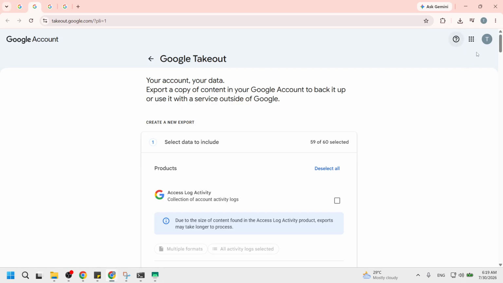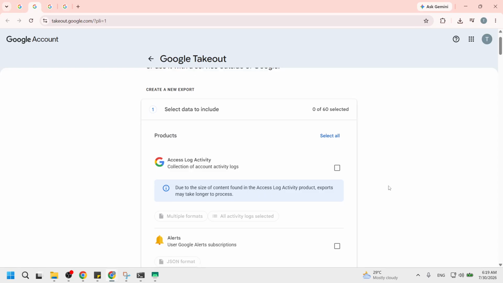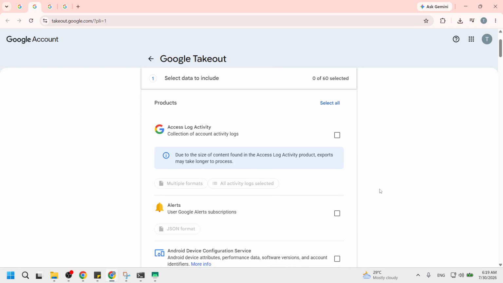Now click the correct link, and once the Takeout page loads, look for the button at the top that says Deselect All. Go ahead and click Deselect All so every service on the list is unchecked. The page will show a long list of Google products with empty checkboxes next to each one. Starting from a clean slate like this keeps you from downloading extra data you do not need and keeps the export smaller and faster to create.